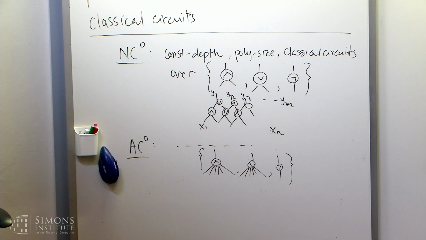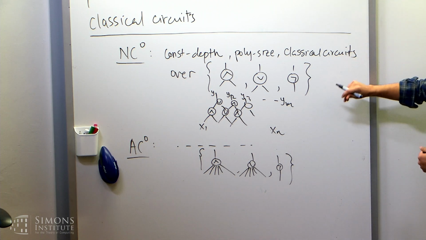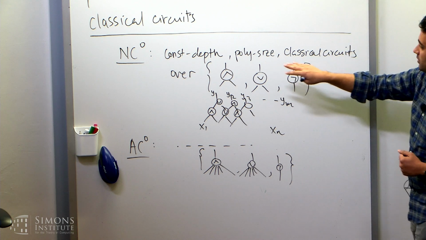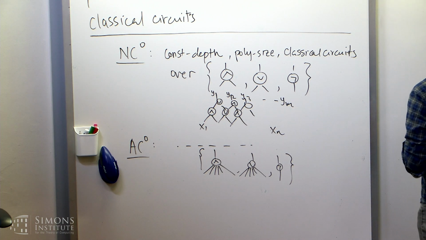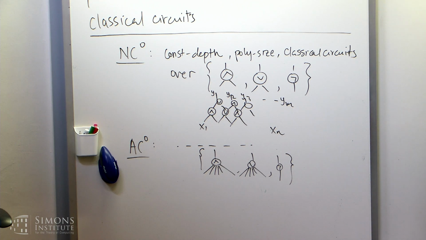So this is, as the name suggests, a quantum version of this class. The only thing here that you have to generalize, so constant depth, polynomial size, all that stuff is the same. The thing you have to generalize is the gate set. So I'm saying quantum, everything else stays the same. And for concreteness, I'm going to take the gate set of